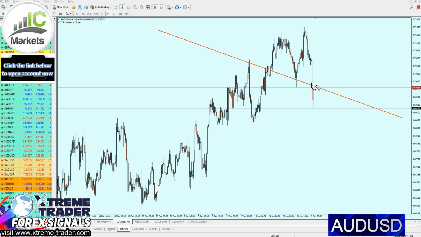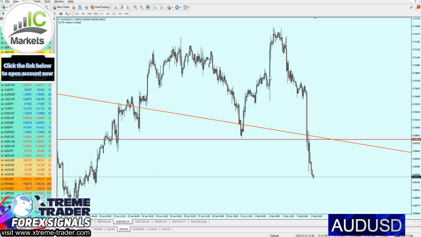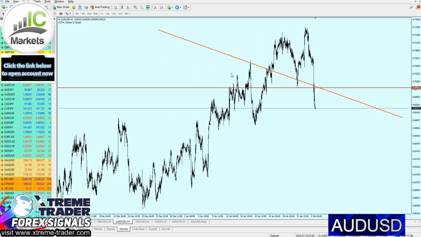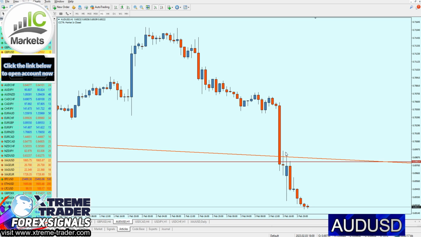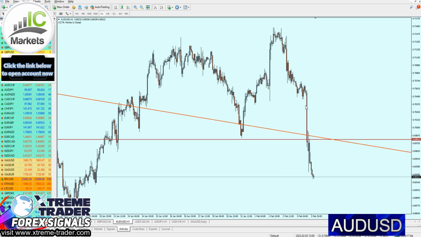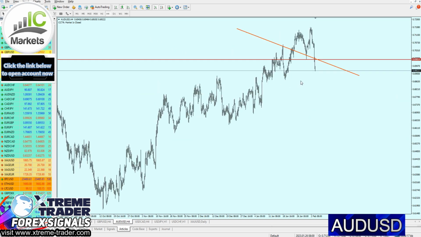Right here we can see that the market has already retested that level of a resistance trend line, which means if I go to the 1-hour time frame, look at that. That resistance trend line has already been respected. These 3 wicks right here represent the retest of that level, meaning this is of course resistance trend line number 1. That means selling right here actually might not be so ideal.